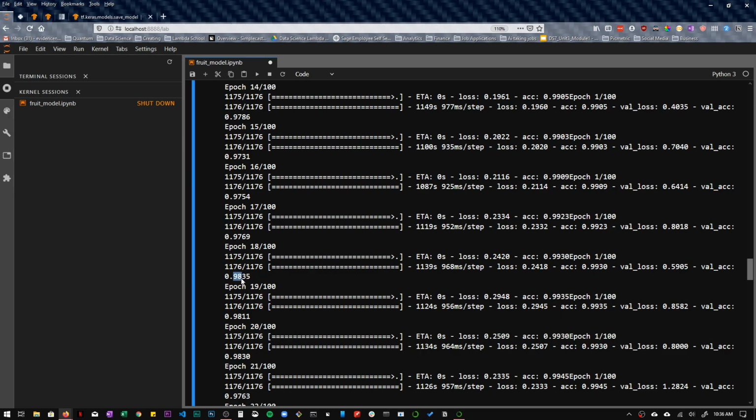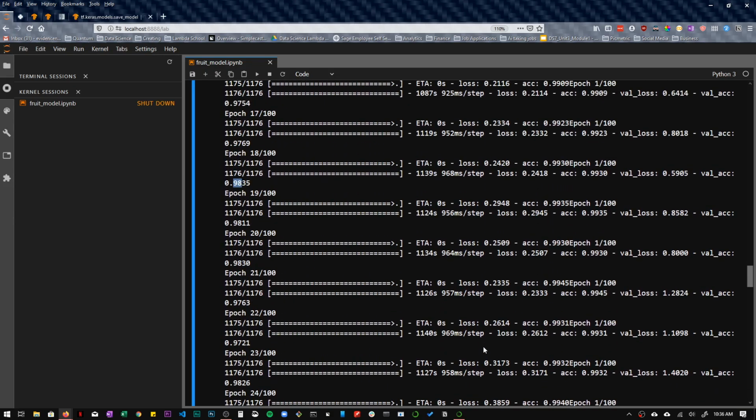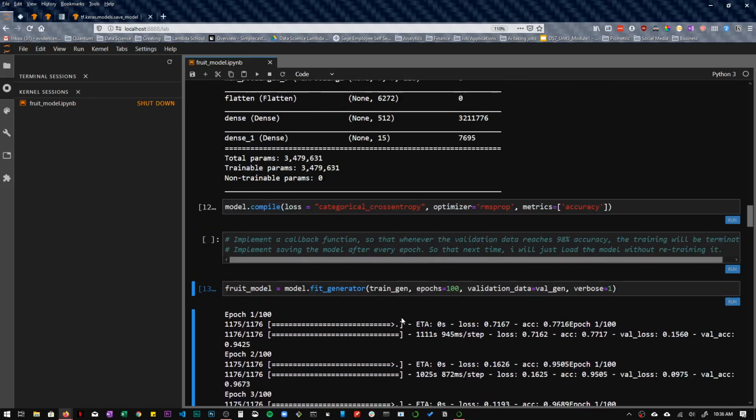So hopefully by 6 p.m., 7 p.m.-ish tonight, this training will be done, and then we can come back and keep working on this project. So that being said, let's go ahead and do those things. First thing first, implement the callback function.